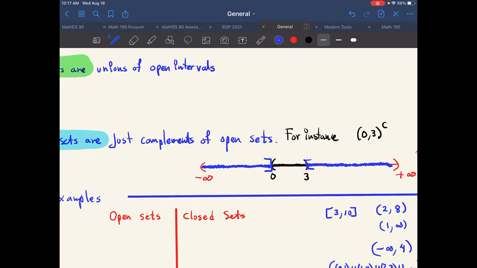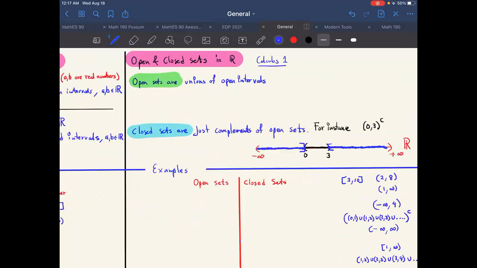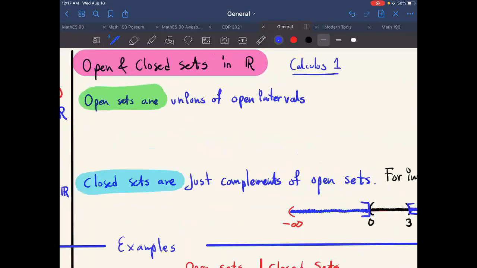So that's it. Those are closed sets. So let me give you an example of an open set. Those are unions of open intervals. For instance,